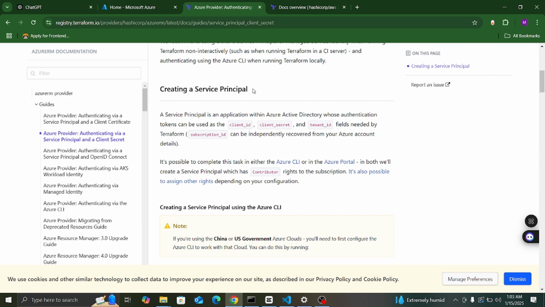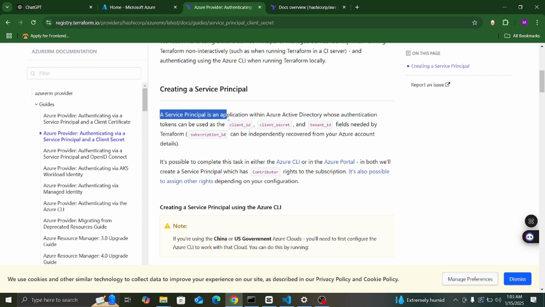Creating a service principal: what we are going to do is create a service principal,